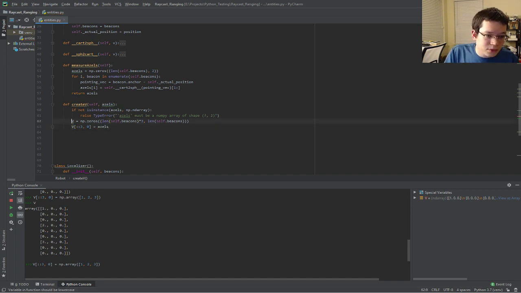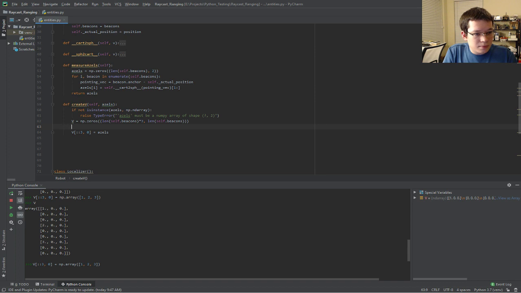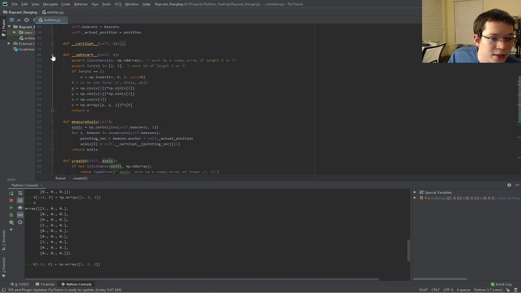Oh, gotta convert first. Almost messed that whole thing up. Pointing vector equals self dot spherical to Cartesian of asels. And if I remember right, I set this up to where